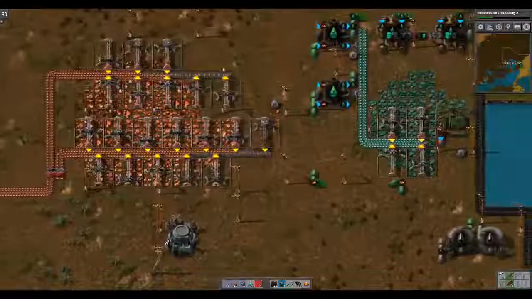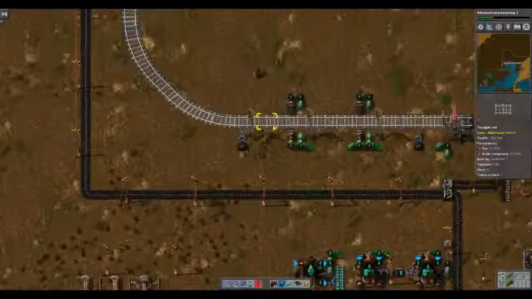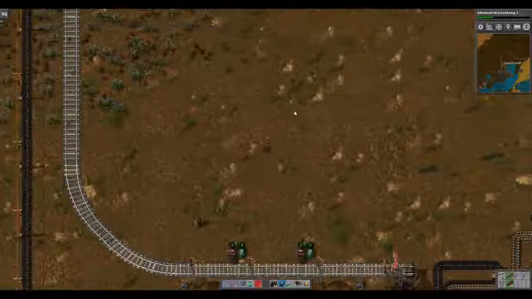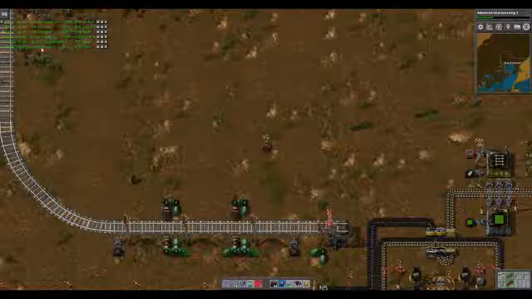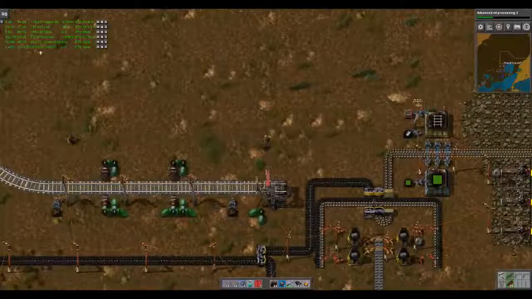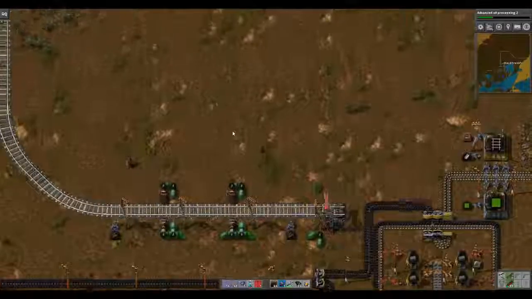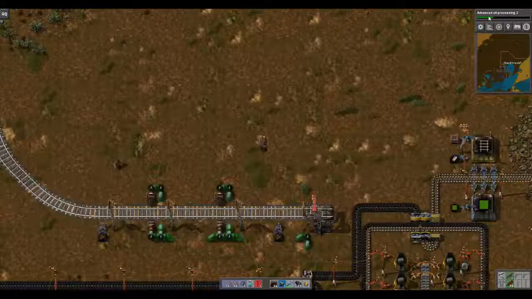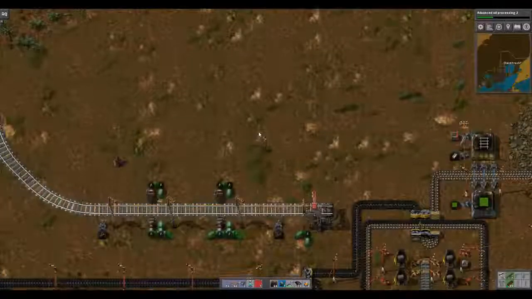We still got this little bit of copper still to go. We haven't been in great demand of copper. We still got quite a bit. I'll show you if you can see it over here. We still got quite a bit of crude oil and everything, and quite a bit of crude oil coming in. I have advanced oil processing in the works because, well,